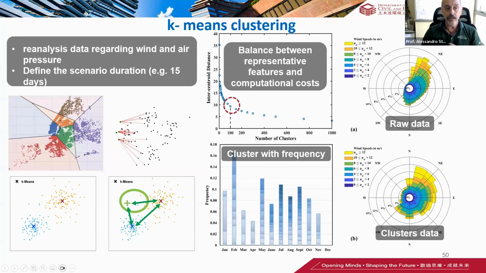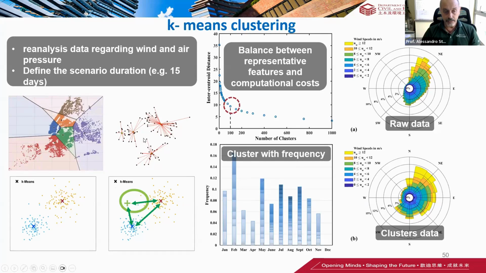The second operation is to define the duration of the numerical simulation that you want to do. In our test case, we tested 15 days and 30 days. Why? Because the evolution of a sediment plume can last for days, not for months or years, of course. So the time scale of your process must be around a few weeks. So you define a time frame of a few weeks, you run the k-means clustering, and the k-means automatically divides the data